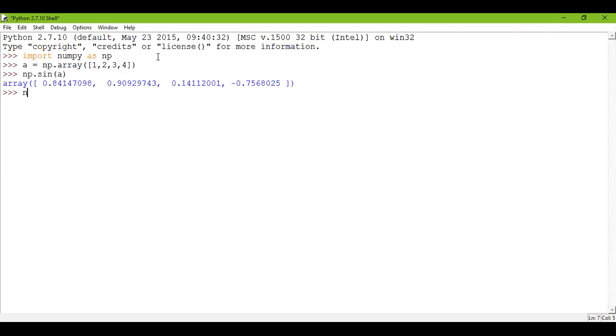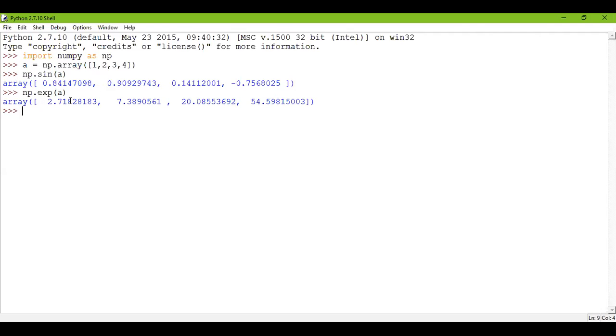If I want the exponential values, then I can write exp of a, and it will fetch me an array with the exponential values of each of these terms which we have taken. So we have considered an array A having 4 items, and when we write np.sign(a), all of these are calculated in sign format and they are presented in the form of array,